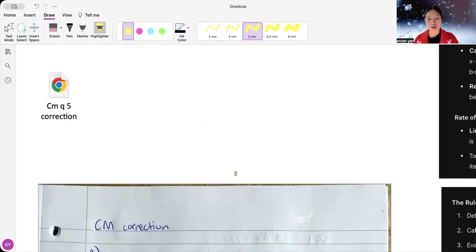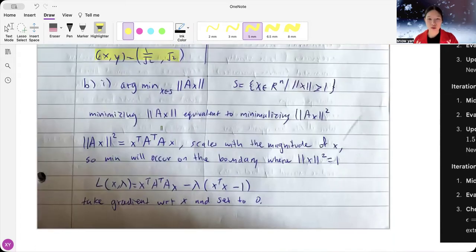Okay, so for part B, what we do is the following. We are asked to minimize this thing over here, and our S is this condition. If we're trying to minimize this, it wouldn't matter if we just squared it because it was already positive, and squaring it wouldn't change where the minimal solution would be. So changing it to this form makes it much easier because we can rewrite it as a dot product of Ax with itself, the transpose of Ax times Ax. Then we just rearrange the transpose part. We have x transpose, A transpose,